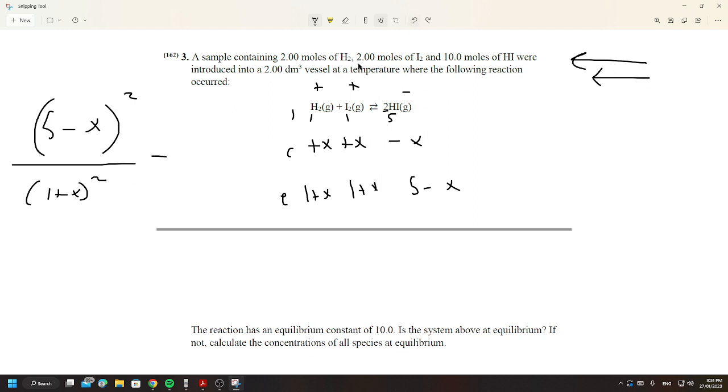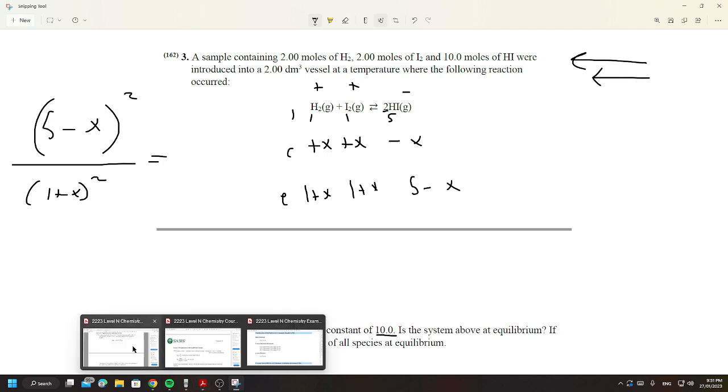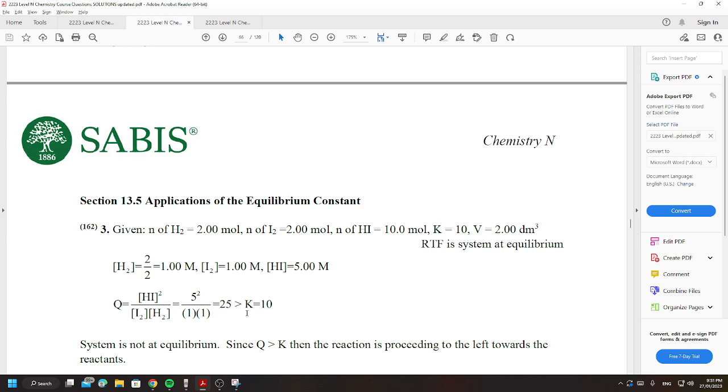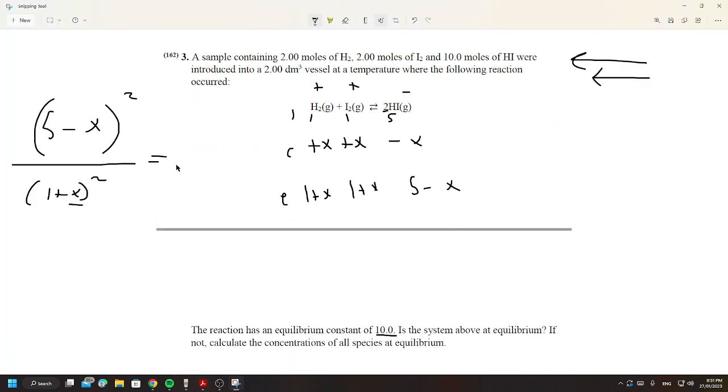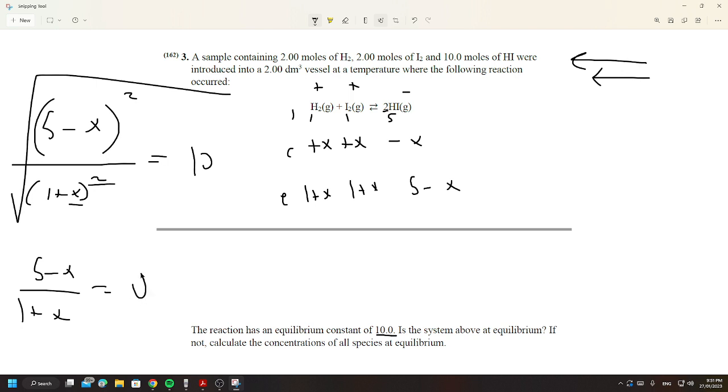And this is equal to, since this is at equilibrium, 10. Let me just double check. Yeah, it's going to be equal to 10. So here we're solving for x. So I'm going to square root both sides to get rid of the powers. So 5 minus x over 1 plus x equals radical 10. Cross multiply. Radical 10 plus radical 10 x equals